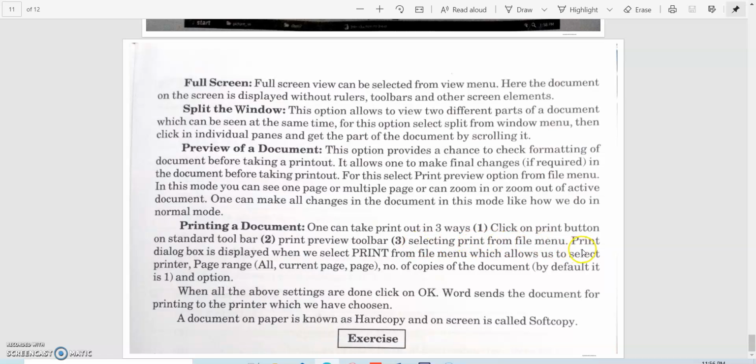Otherwise, go to the File menu and choose the Print option, and a dialog box will appear as we saw. In that we can set how many copies we want to take, by which printer we want to take the printout, and all pages, current page, or a number of pages if you want to print. So we can set these settings in that dialog box and click on the OK button. It will give a hard copy,